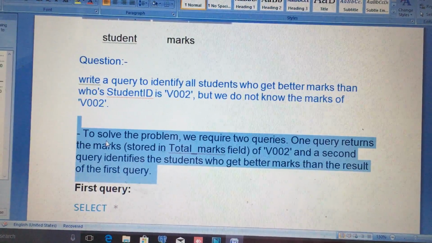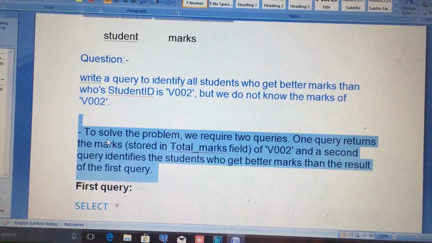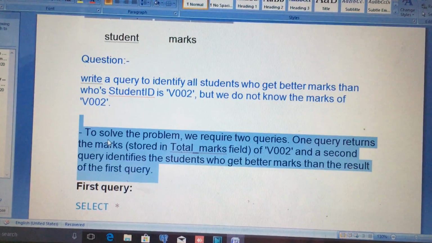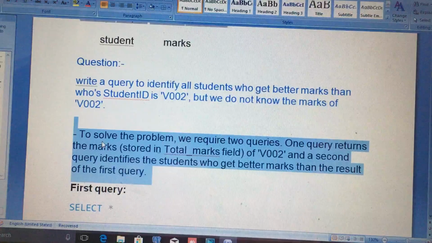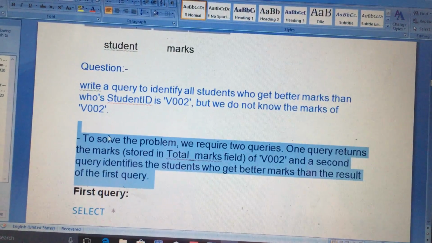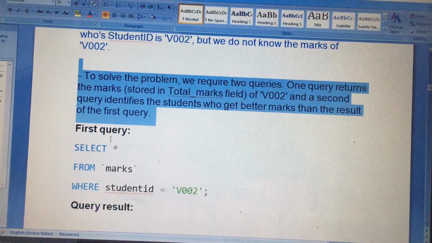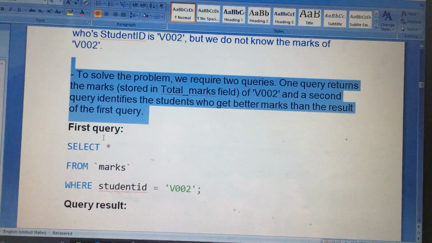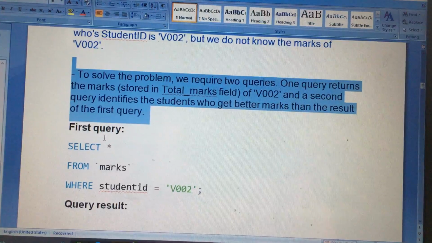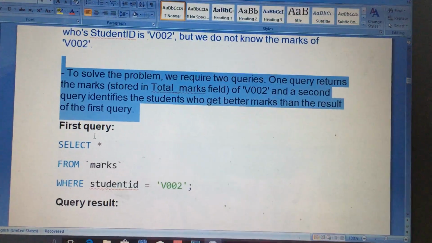And the second query identifies the students who get better marks than the result of the first query. So to solve this we need two queries. First we will see how to get the result without a subquery, and after that we will see how to get the result of this question by using a subquery.